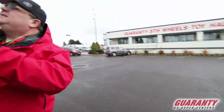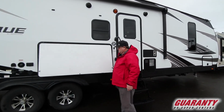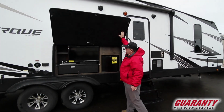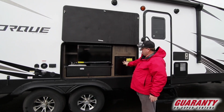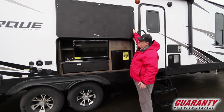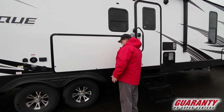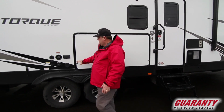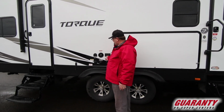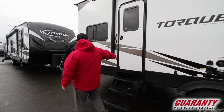Your electric awning goes all the way to the back over the door. So, magnetic, so you don't have to hold them. TV, refrigerator, sink, you can clean your fish out here. Nice little refrigerator. Double axle. Here's all your water hookups, your power cord, cable hookup right there. Like I said, back door entrance to the